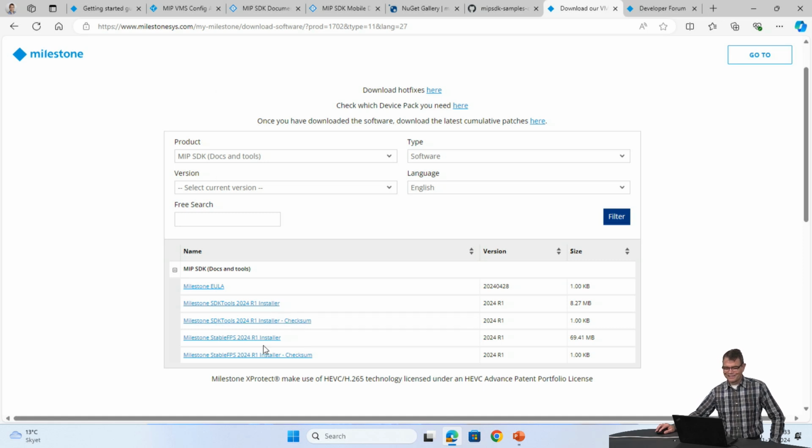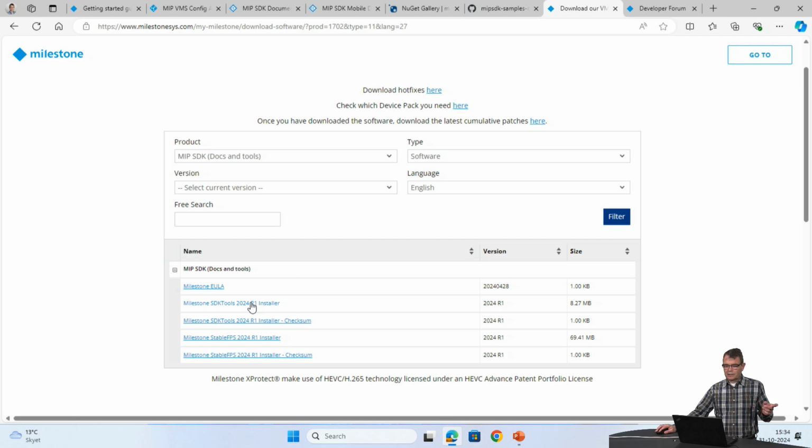One is the Stable FPS, which is basically a tool for emulating cameras. It comes with one video, but there are instructions so that you can have your own video snippets and feed them into this, so that you can have your own video running in a simulated camera.